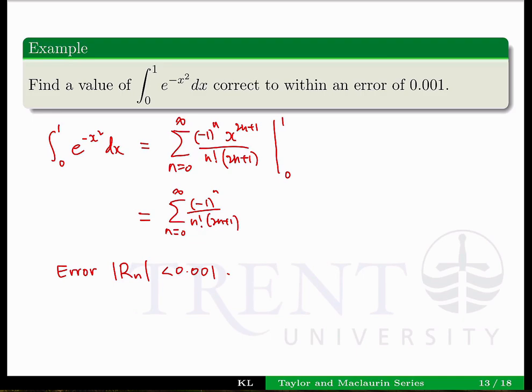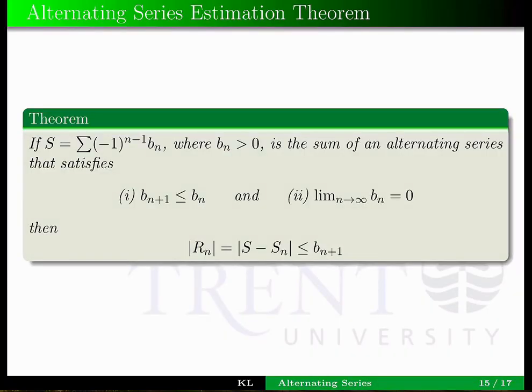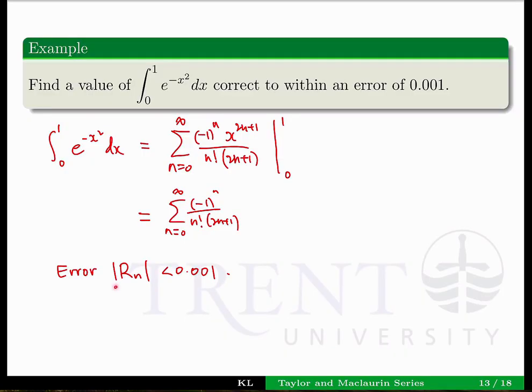Let me go back to the theorem that I was talking about. This here. We have an alternating series. The error term r sub n in absolute value is less than or equal to b sub n plus 1. So if we go back to this one, we need our error term r sub n to be less than 0.001. To satisfy this, we need to find